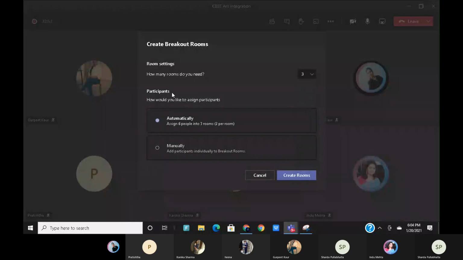So we will have 3 rooms separately so that we can conduct a collaborative discussion on any specific topic. Similarly to what we do for the children in our physical classroom, this is also available in the virtual classroom. Now, it is telling me to assign 6 people into 3 different rooms. There are 2 different ways I can divide people amongst the breakout rooms. One is automatically. I just need to click on create rooms and it will be done. However, if I want to divide manually, as in if you know the roll number